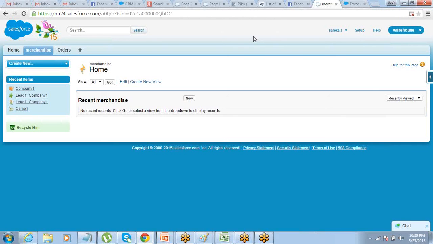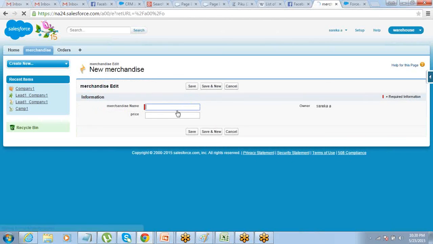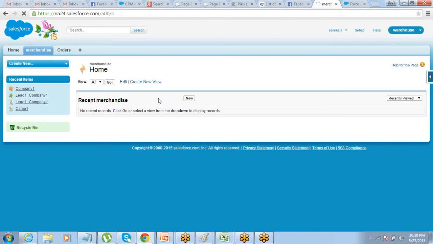I created an app and I included that tab in that app. Now my end user, to access merchandise details, will just need to come to the warehouse app, and after that he can click on this tab, and after that he can click on new to enter new merchandise details. See, name and price. You could have had 10 more fields here. The other thing is you can always look into the list of existing merchandise, edit them, and whatever you want to do. Clear?